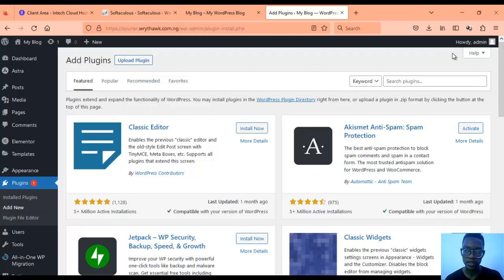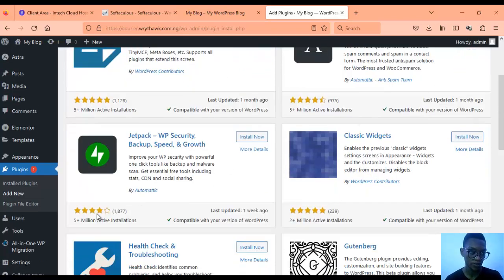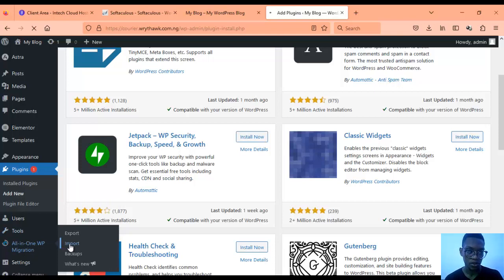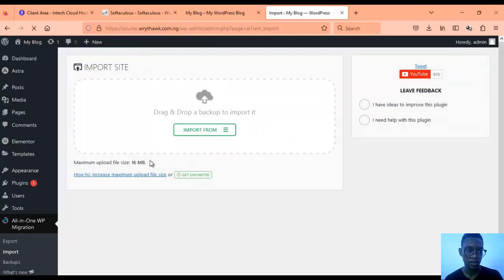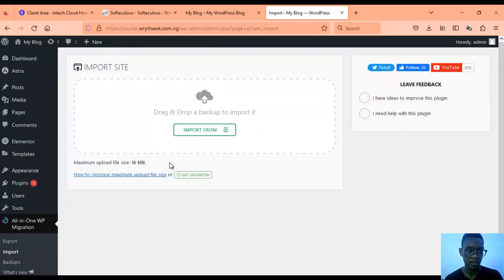Now go back, add the extension. But before I add the extension, let me show you why we need the extension. If you come to this place, All-in-one, you see it's installed. Now it's in this part of the dashboard. When we come to import, you see that we only have 16 gig here, and the file we need is almost 200 MB, so it means it's impossible to do that. So that's the reason why we go to plugin,